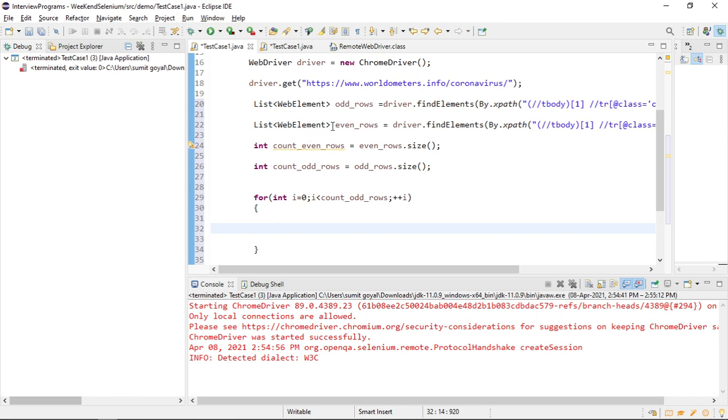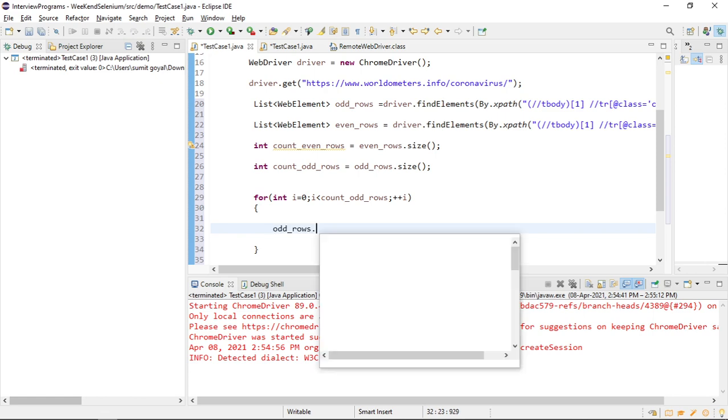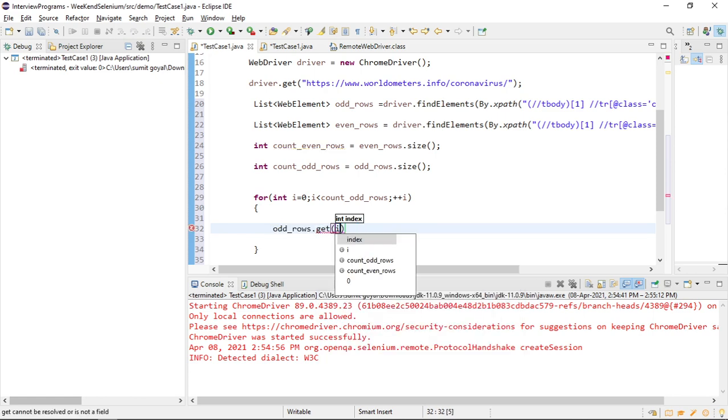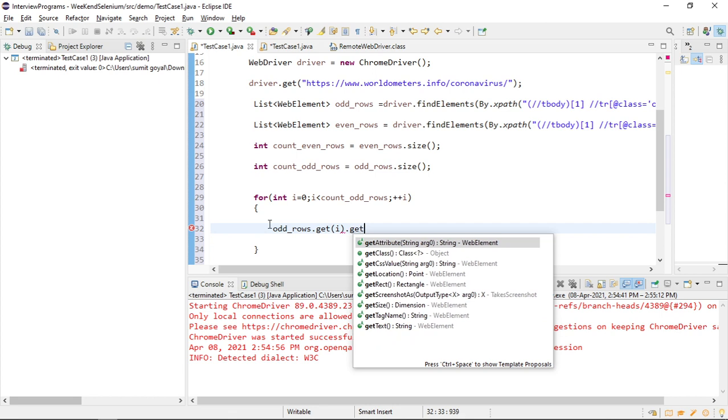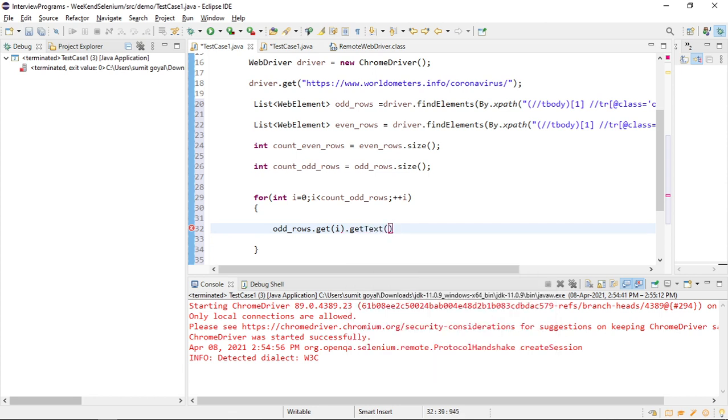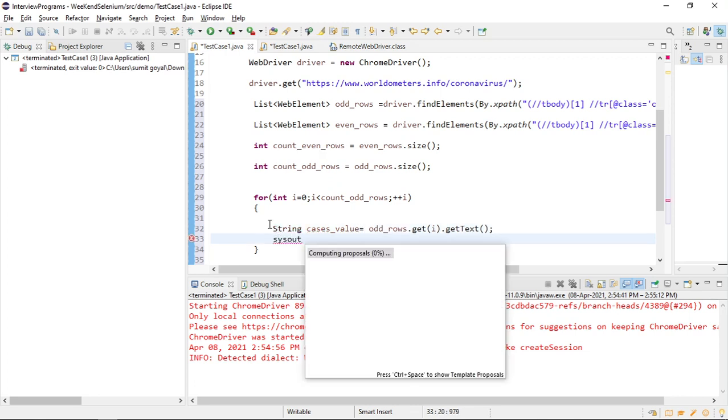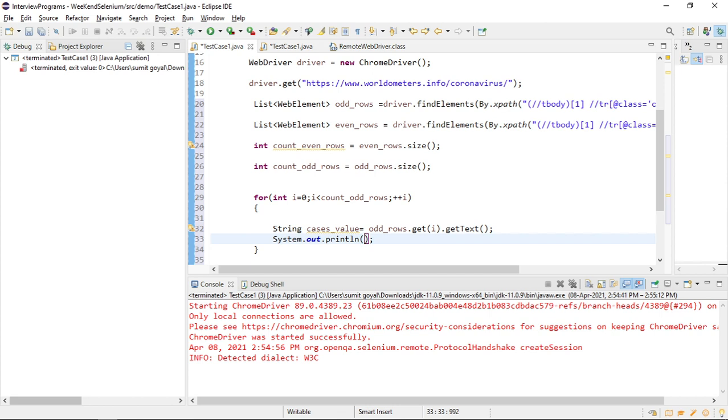So what I will do, I know that each and every row is present inside this odd rows element. So I will say odd rows dot get the element based on the index and get me the text, in the sense the case number, and I will capture that in one string, cases value. And if I print it, let us see what it should print.